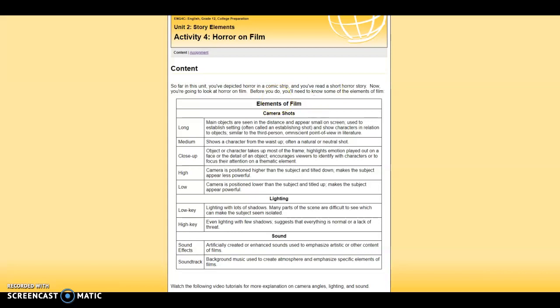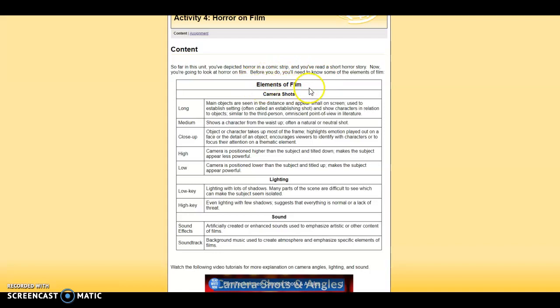To start with, you'll take a look at elements of film, and you'll take a look at camera shots, lighting, and sound. There's brief definitions for the different types of camera shots and the different types of lighting and the different ways to use sound in movies. You don't have to be an expert about the elements of film. You don't have to become someone who knows all the different details of a long shot and a medium shot and a close-up. But you do want to get a general understanding of the camera angles used, the lighting used,